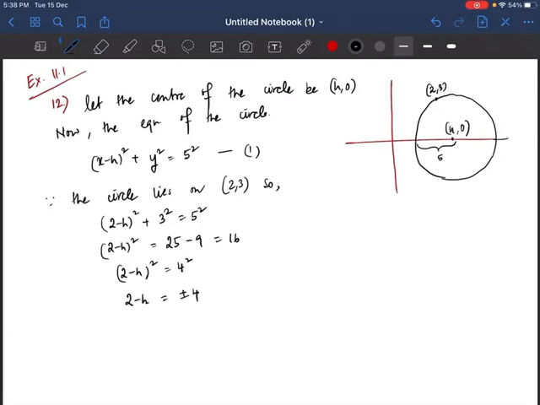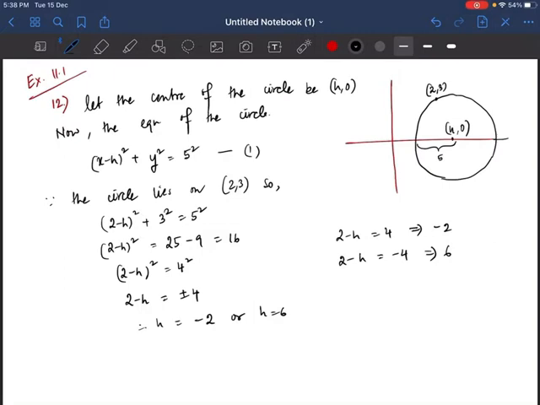So we need to find what? h. So therefore h is equal to what? We will have two values of h. One value will be, from the first equation, 2 minus h is equal to 4, and the other one will be 2 minus h is equal to minus 4. So from here we get the value of h to be minus 2, and the next one is coming out to be 6. So h is equal to minus 2, or h is equal to 6. So there are two values of h we got.